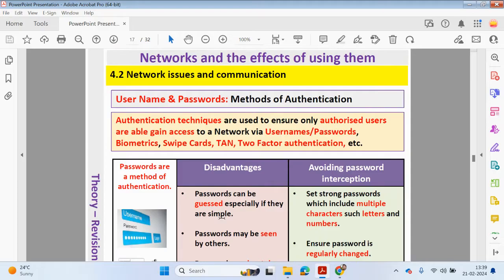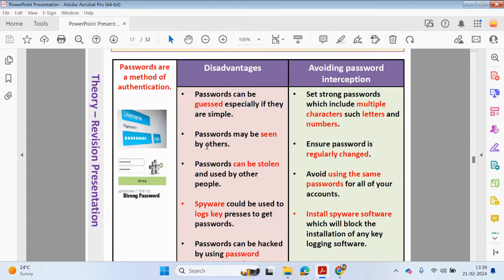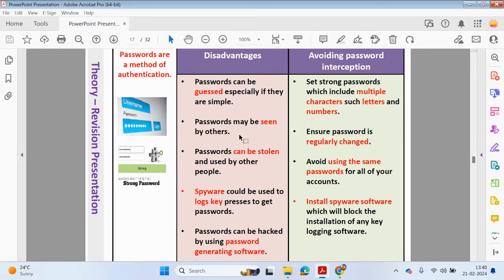Okay, so now what we're going to be looking at is methods of authentication. Typically, when you are logging onto your computer or onto a network, we need to use a username and a password. Okay, so that's the most obvious way we can access a computer system. So let's have a look at the disadvantages of using passwords and what we can do to avoid passwords from being intercepted. The disadvantage of using a password is it could be easily guessed, especially if it's quite straightforward